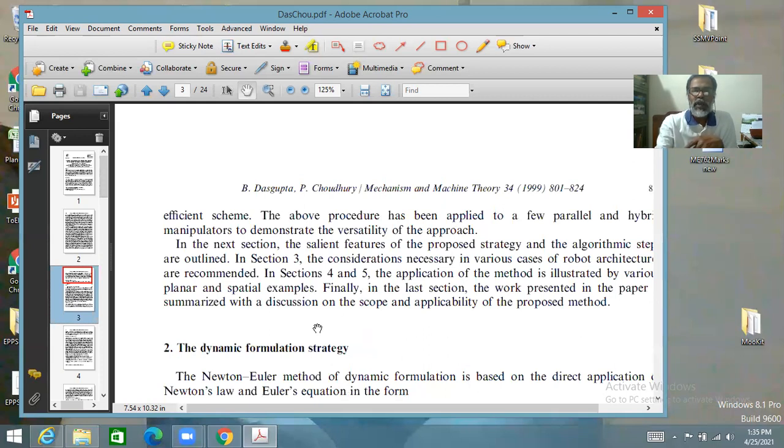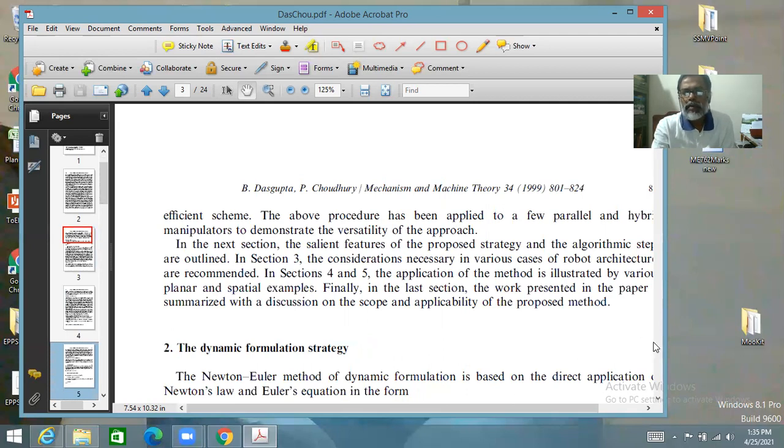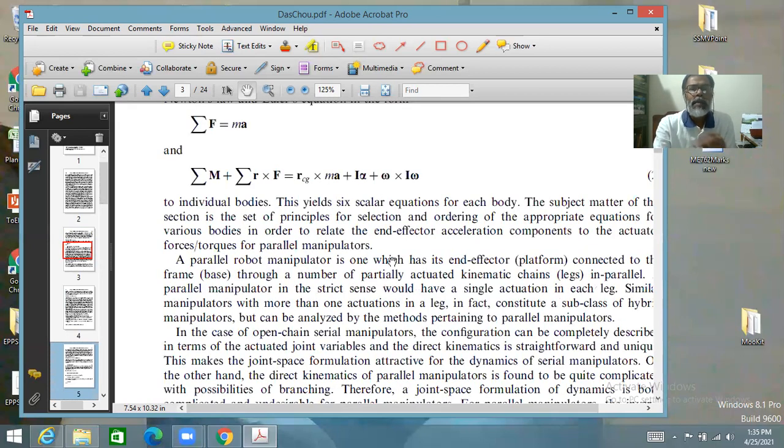So the dynamic formulation strategy hinges around these two equations, which we saw even while discussing the dynamics of serial manipulators. The total force on a body is equal to its mass into acceleration. And the total moment on the body, and moment of the forces also about some point, will be equal to this,